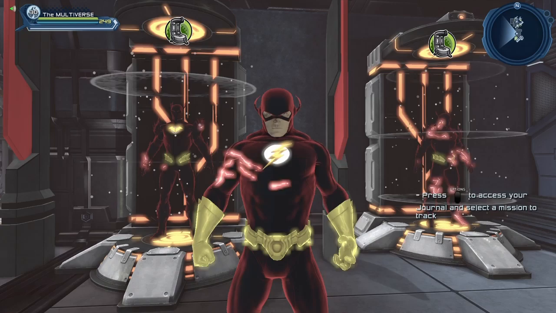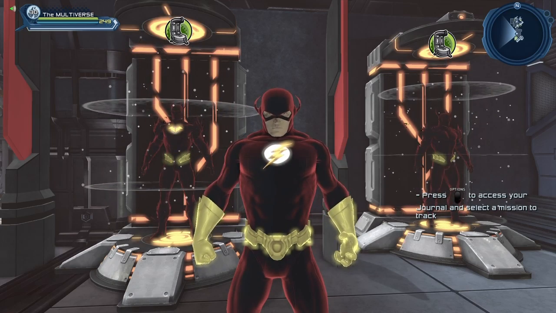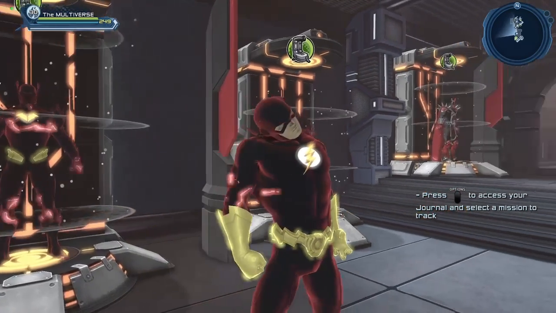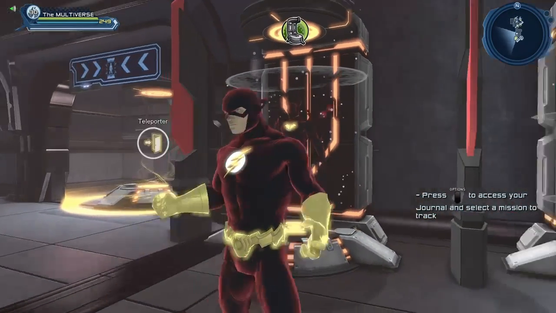Today we are going to take a look at the negative Speed Force material. Also, as you can see, it's a pretty awesome material to recreate our friend the Flash, but I know some